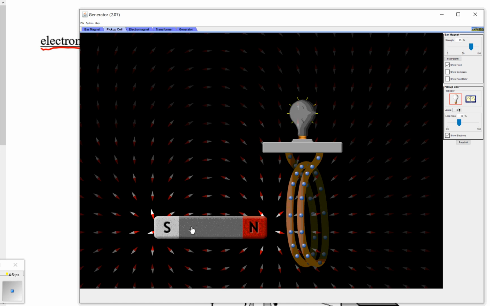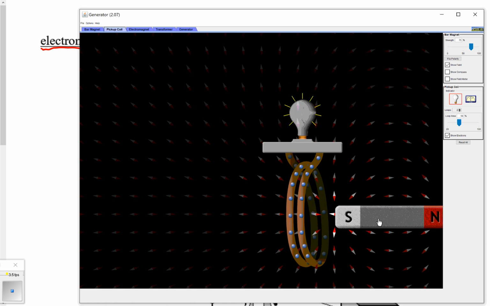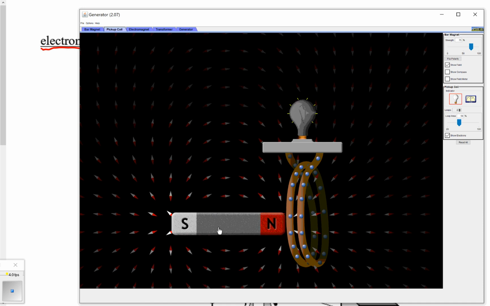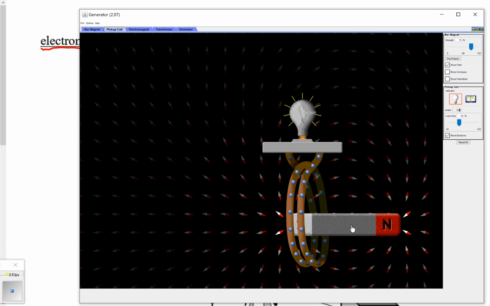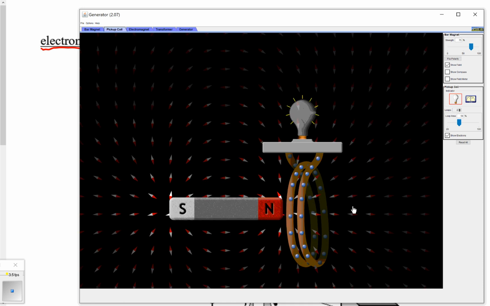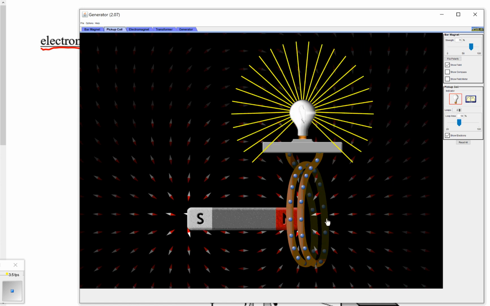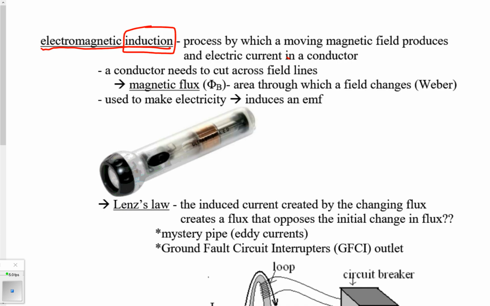But notice, this is neat, look at the direction the electrons move. Stick the north end in. Look at that. Now let's come over here and stick the south end in. It's interesting to see the difference in direction. This is what we're making, let's go super fast, an alternating current. We're vibrating the electrons back and forth and sustaining a flow of electricity. But that is all that induction is: the process by which a moving, keyword moving, magnetic field produces an electric current